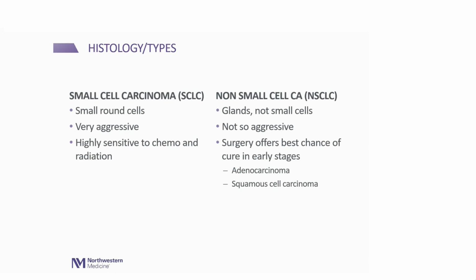Now why do we give them these names? Why small cell and what is non-small cell? Why don't we just call it large? So for small cell cancer, the main feature is that when you look at the cancer cells under the microscope, they appear small, small round blue cells, we call them. Non-small cell, on the other hand, is usually made of glands. I'll show you in the next picture. It's like circular, different shapes and sizes.